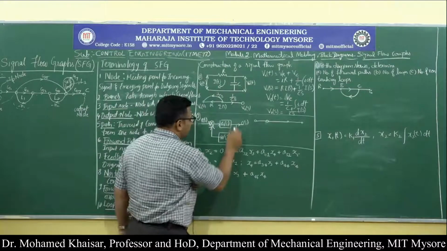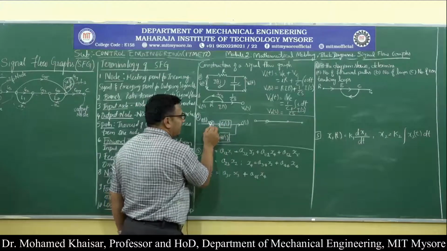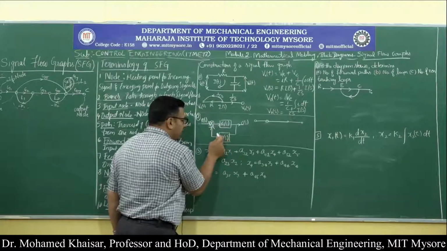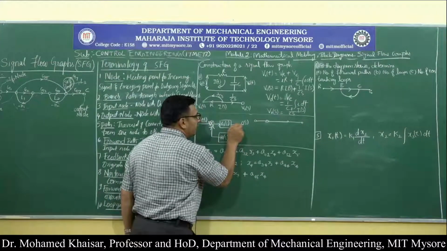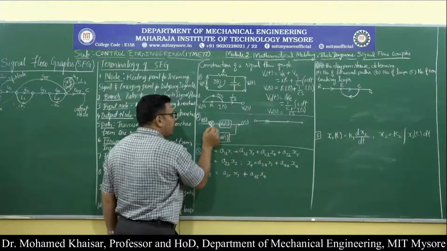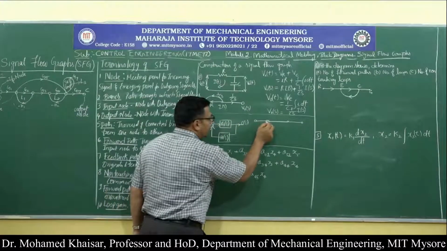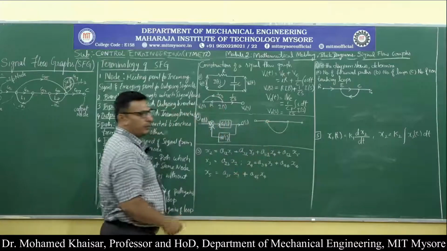Now, again, from this takeoff point to this summing point, the signal is being fed back. Again, the feedback signal comes out of the block in terms of signal flow graphs. So where is the node which is representing this takeoff point? It is this node. Where is the signal going back and meeting? It is to this summing point, which is written here as a node. So this is how it goes.